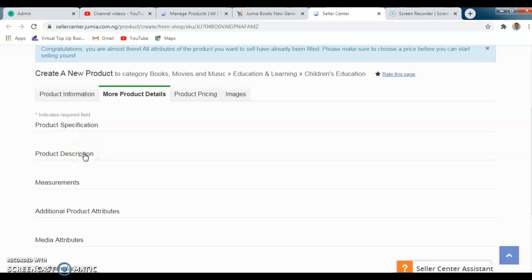You describe it. Because this person has already listed his own, you can decide to make use of his own or try to put some specification on that textbook. You can get the specifications on the cover of the textbook, and put the ISBN number, the author of the textbook, and other things like that. Now, under product description, you describe everything about that text, the kind of content,